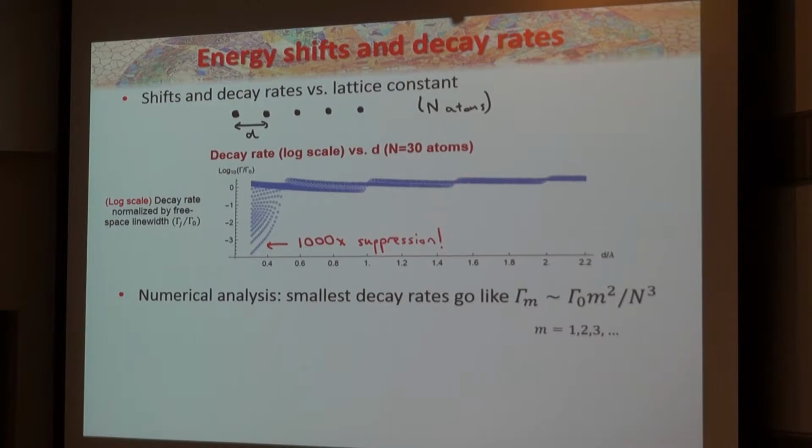There would be one state that would be N times faster, when they're very close. Yeah, so that also depends on the dimensionality of the system. Here I'm considering a 1D chain. Right, but in a 3D world. Yes. If I, for example, consider a 2D membrane or a 3D lattice, then I would have states where the emission rate increases with the number of atoms.